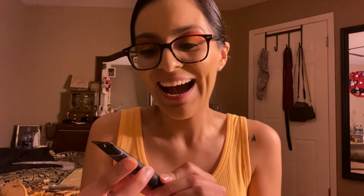And also on my eyes, I use the Morphe Eyelid Primer, and this is a little buddy that I used, and I do recommend it. It's in the shade Translucent. I believe that's the only one that they have available at Sephora. Not Sephora, Ulta. And I applied that all over my eyelids, and I let it settle for a little bit, and then I applied,